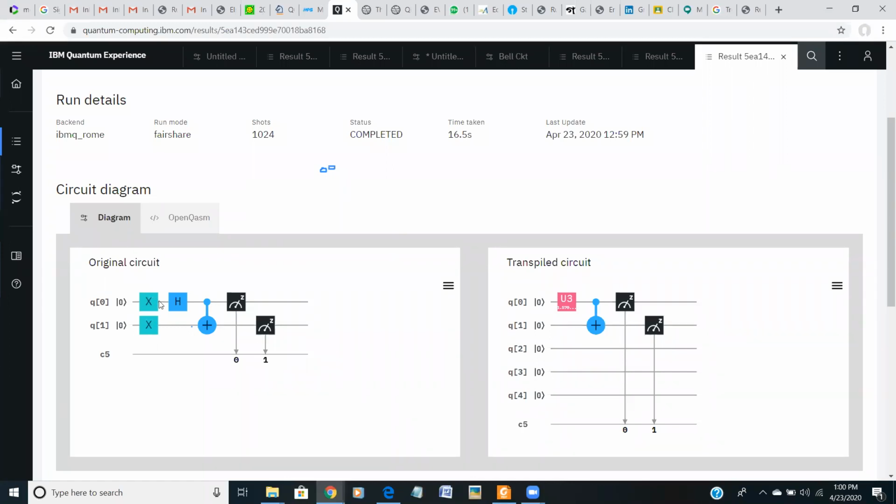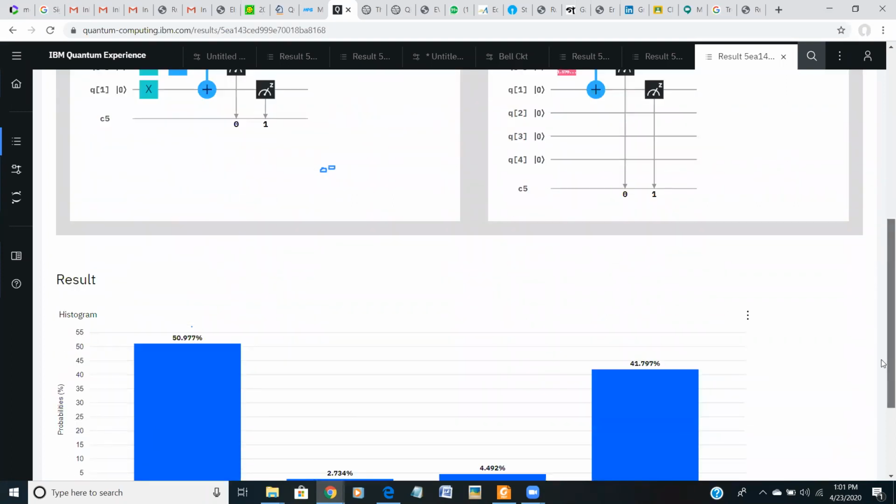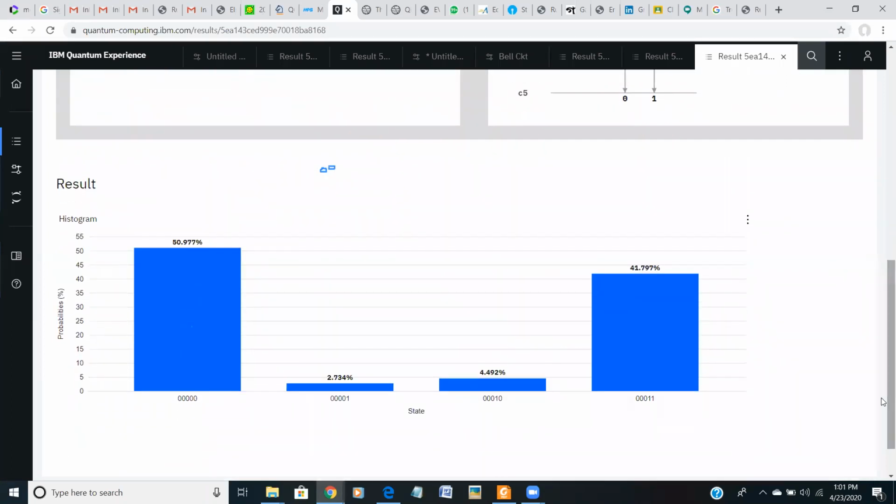Yes, that will be done automatically. That translator is inside the compiler when a real life quantum computer gets it. So that is the error. That is the most common error we get in quantum computers.